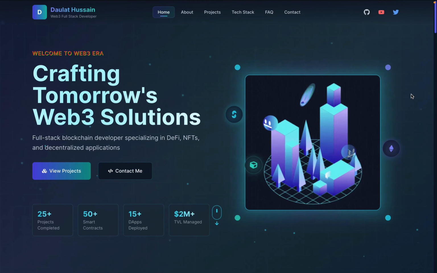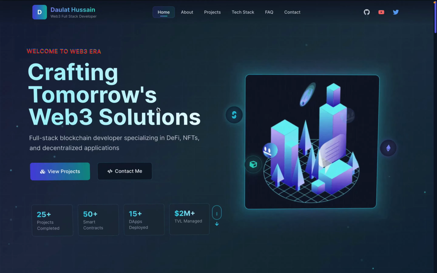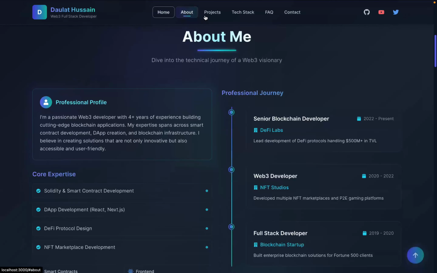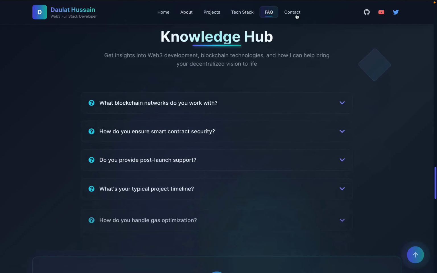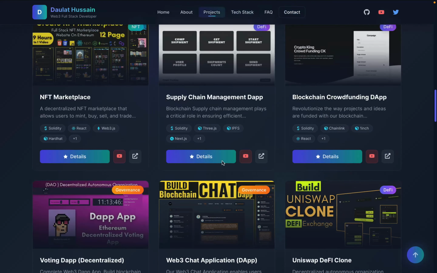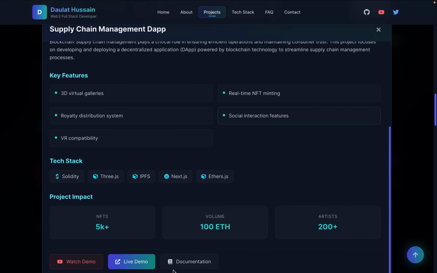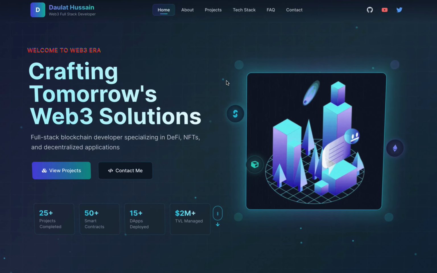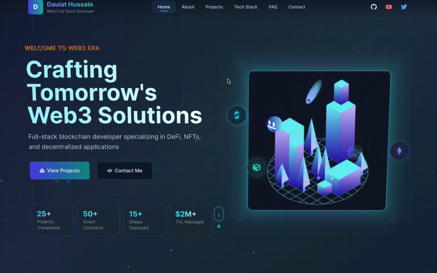All of you, welcome back to your first ever advanced Web3 developer portfolio application, in which you're going to showcase all the projects you have built and explain in detail what technologies you have included. And this one is really very important if you really want to get a job in the industry, working in a company. Let me give you a complete walkthrough of the features and functionality we have included in